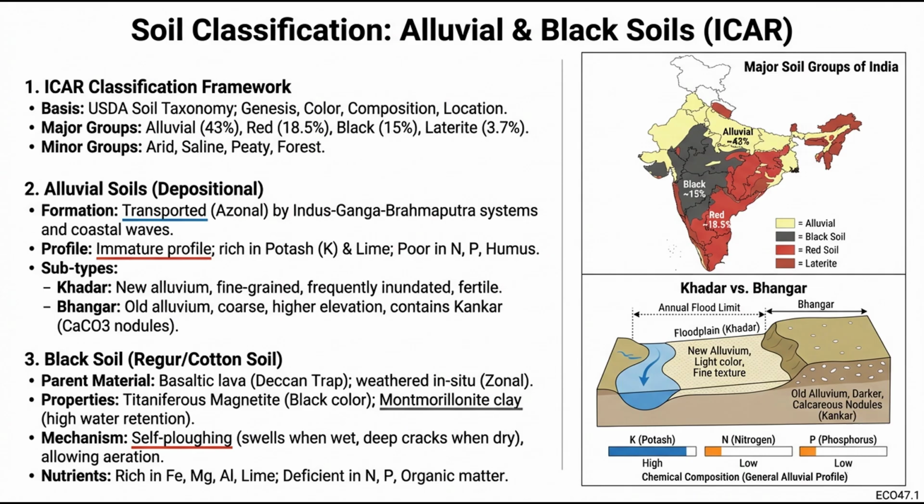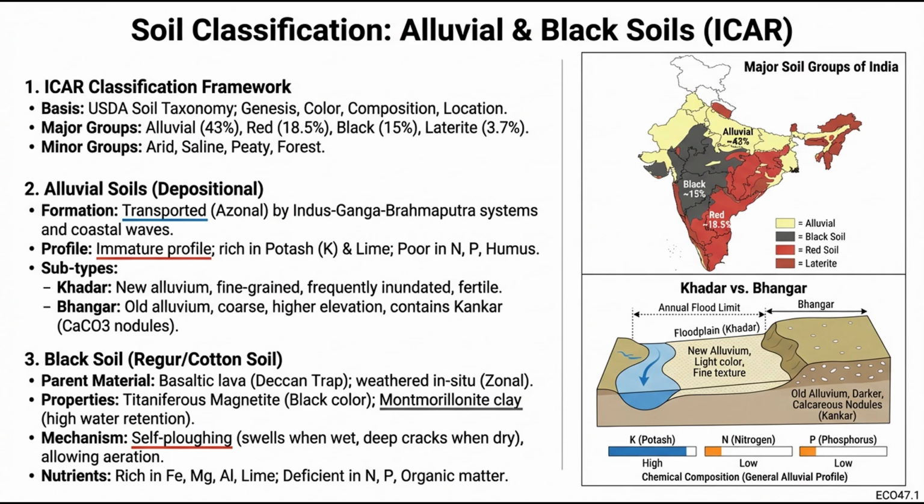Because this soil is constantly being deposited, it has an immature profile, meaning it lacks distinct horizontal layers that older soils have. Within this, we see a dynamic contrast between Khadar and Bhangar. As the visual suggests, Khadar is the new alluvium found in the floodplain. It is renewed annually, fine-grained and highly fertile. In contrast, Bhangar is the old alluvium found on higher ground away from the river, often containing calcium carbonate nodules